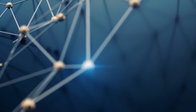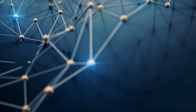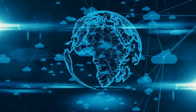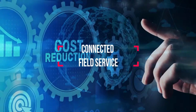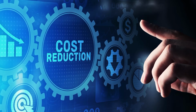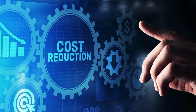Another means of increasing this metric, which has emerged in recent years, is also the concept of connected field service. This is where assets are connected to the Internet of Things, or IoT, and can identify the faults themselves ahead of failure. This allows for a shift away entirely from the traditional break-fix approach to a far more cost-efficient preventative